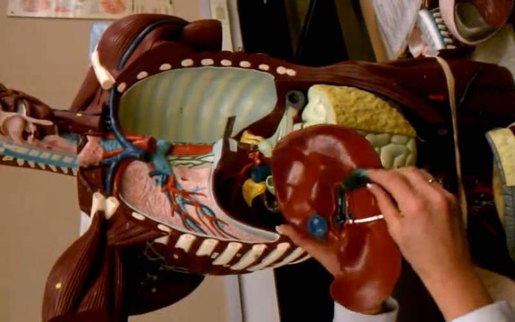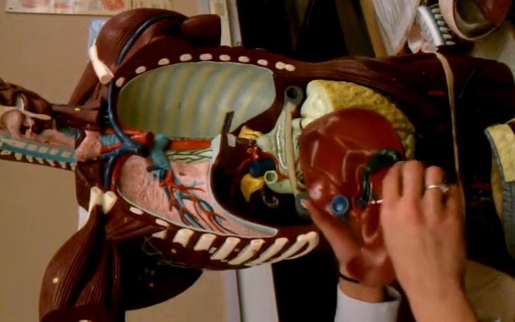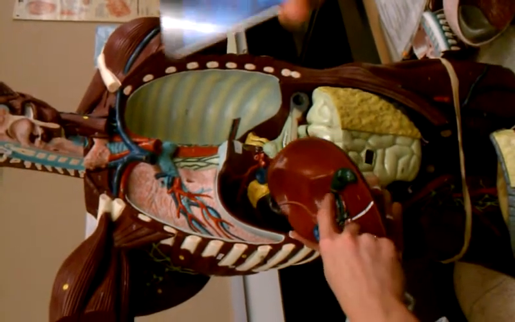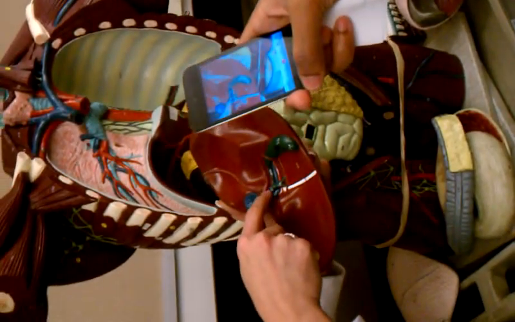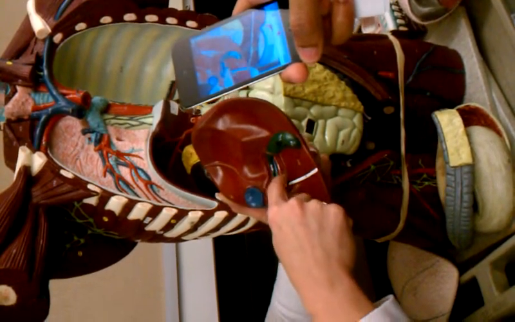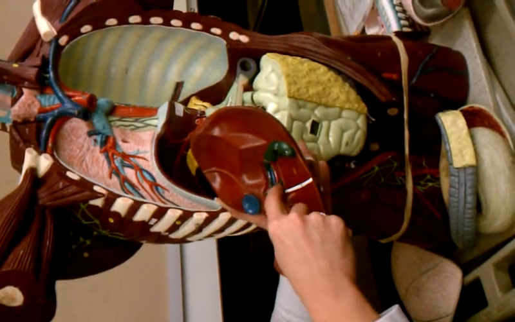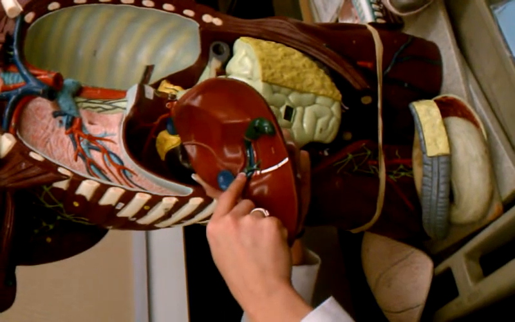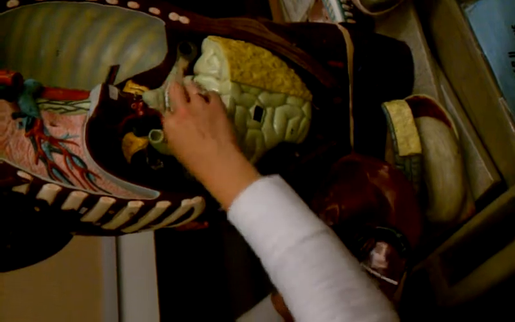Your gallbladder is going to hold bile. Bile is very important. It helps break down the fat. So it's going to come up through the cystic duct. The cystic duct is going to merge with the common hepatic duct, and they're going to form the common bile duct. What's going to form the common hepatic duct? The right and the left hepatic ducts down here are going to merge to form the common hepatic duct, which with the cystic duct merges to form the common bile duct, which secretes bile into the duodenum.